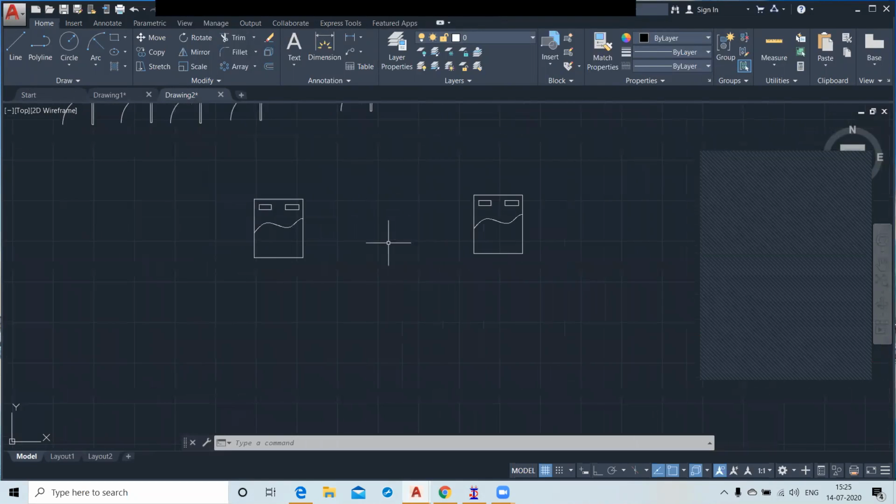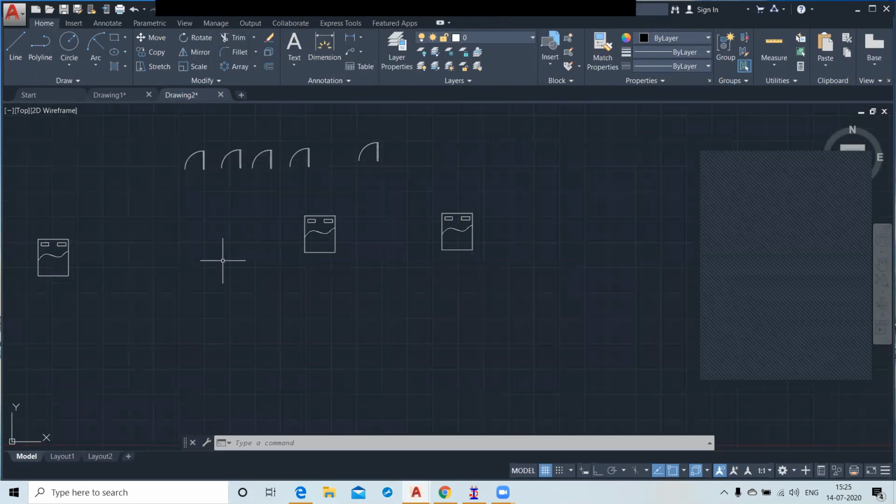Yes, sir. So this is the procedure how to create a block. If I edit one bed, both beds will automatically get altered. Yes, all the blocks will be automatically updated. Okay, so if you created these blocks in drawing 2,